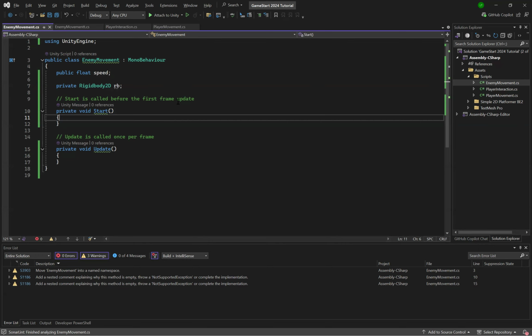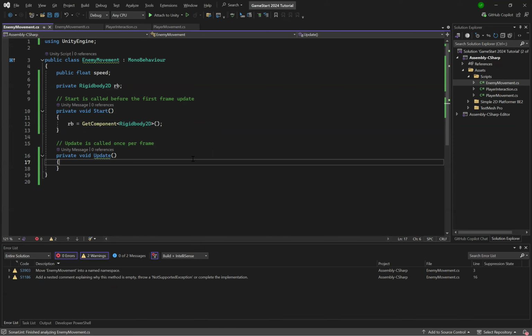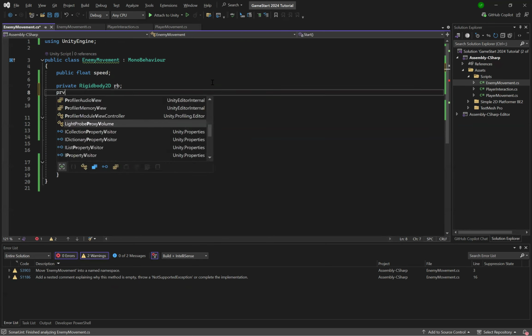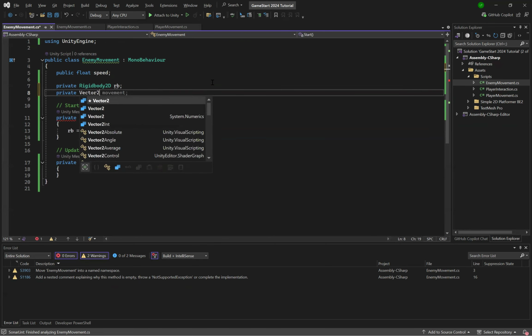And by doing so, let's start. Get the reference to the rigid body 2D component. So what I'm going to do